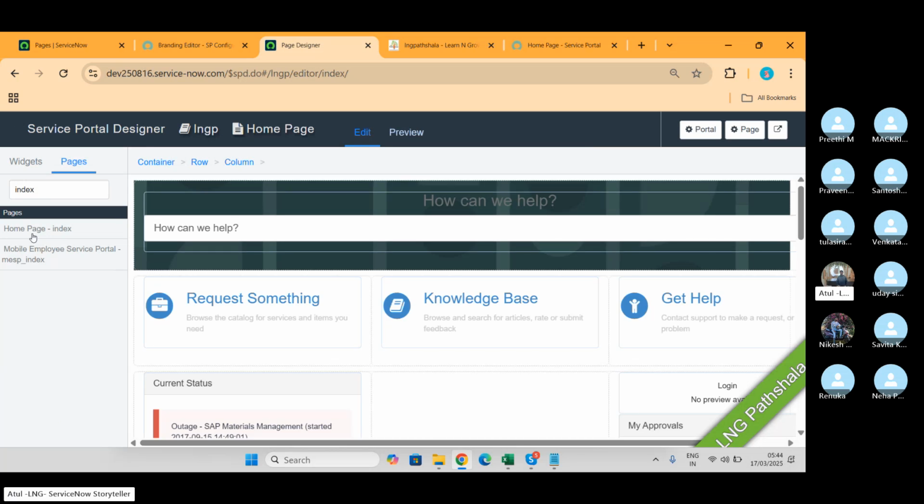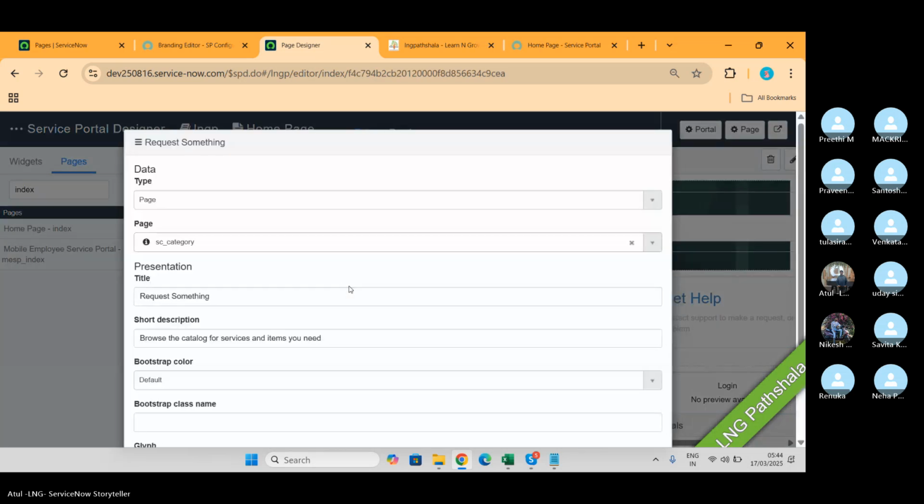If you want to make a change on this particular place, click on this pencil icon. And I want to change the name of this particular page. If you change at one place, it will be changed at multiple places, plus it can impact if it is somewhere hard coded. So that is important.